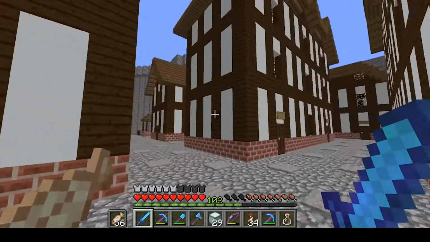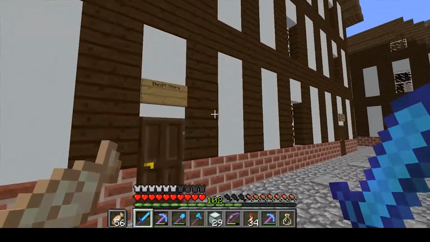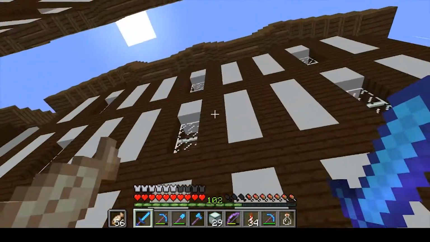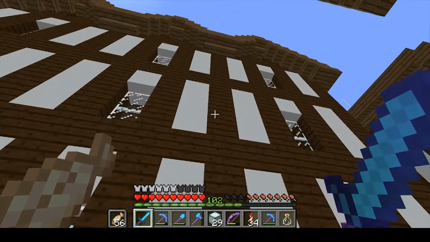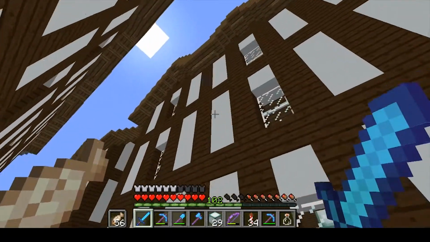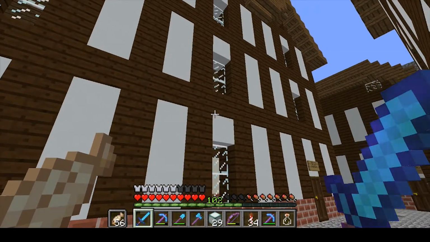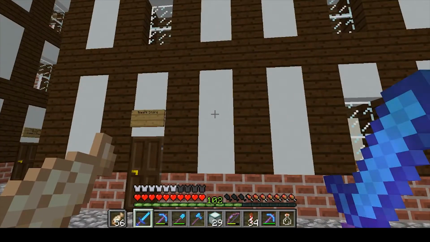But these buildings, let me go ahead and talk about the building style real quick. So these buildings, you may recognize that it has kind of a medieval flair. Now, most medieval buildings have thinner timber frames with wider rectangles. So I guess I could have gone with wider rectangles, but I just like the look of this, how it was. And so a lot of the medieval buildings, they have these timber frames with like the white rectangles in between. And